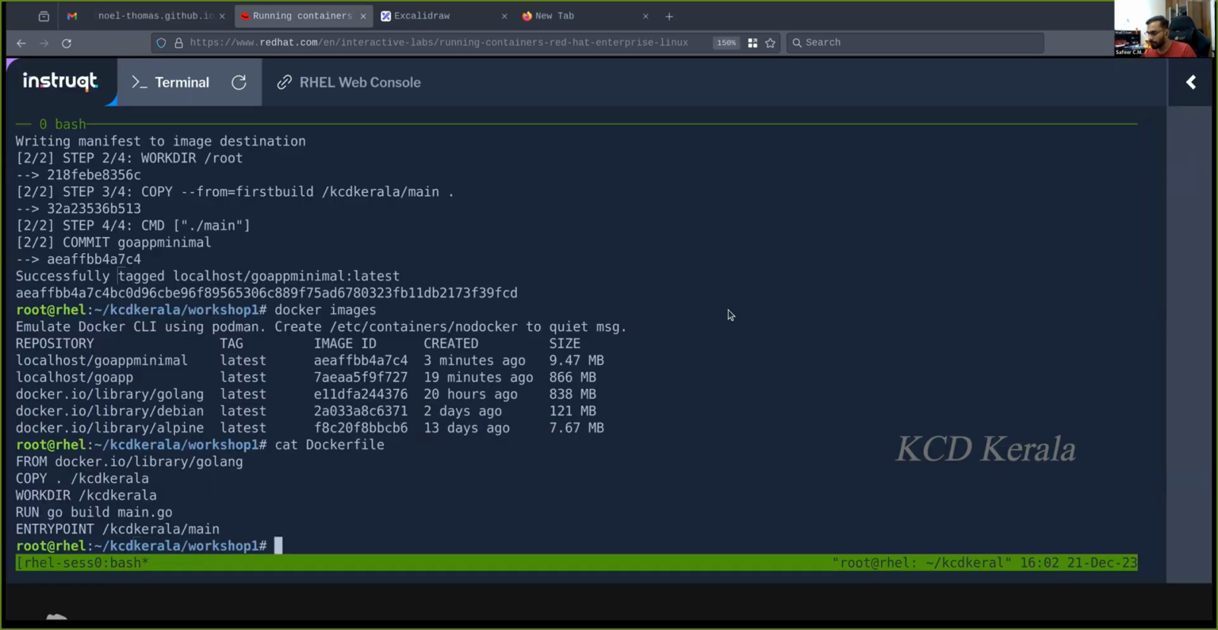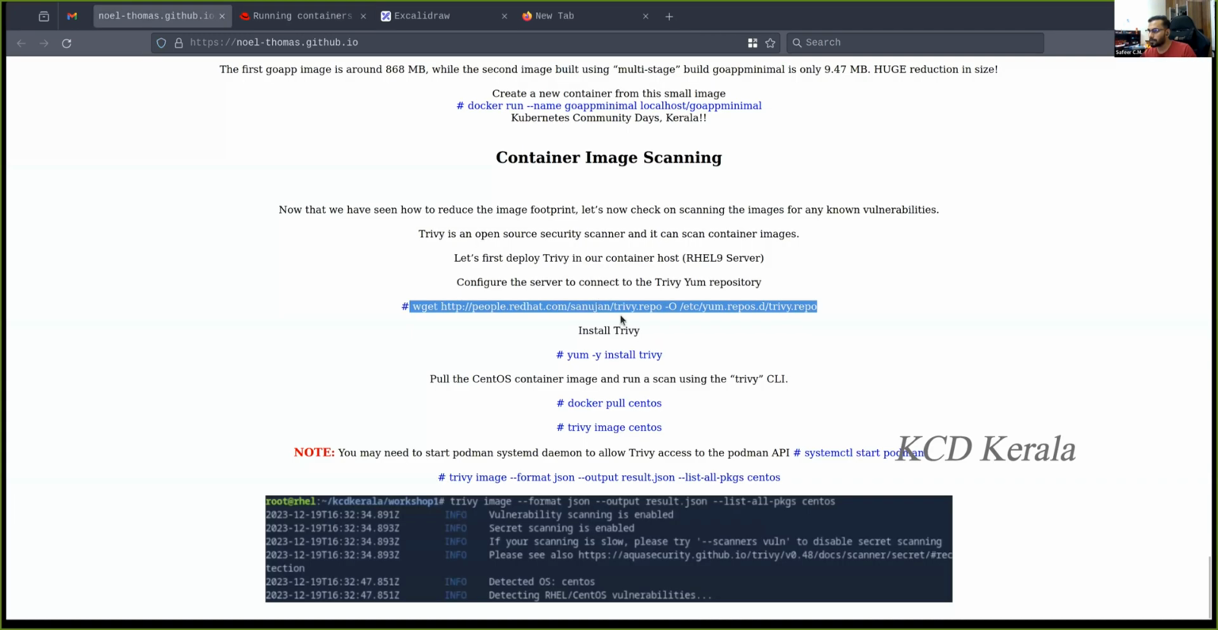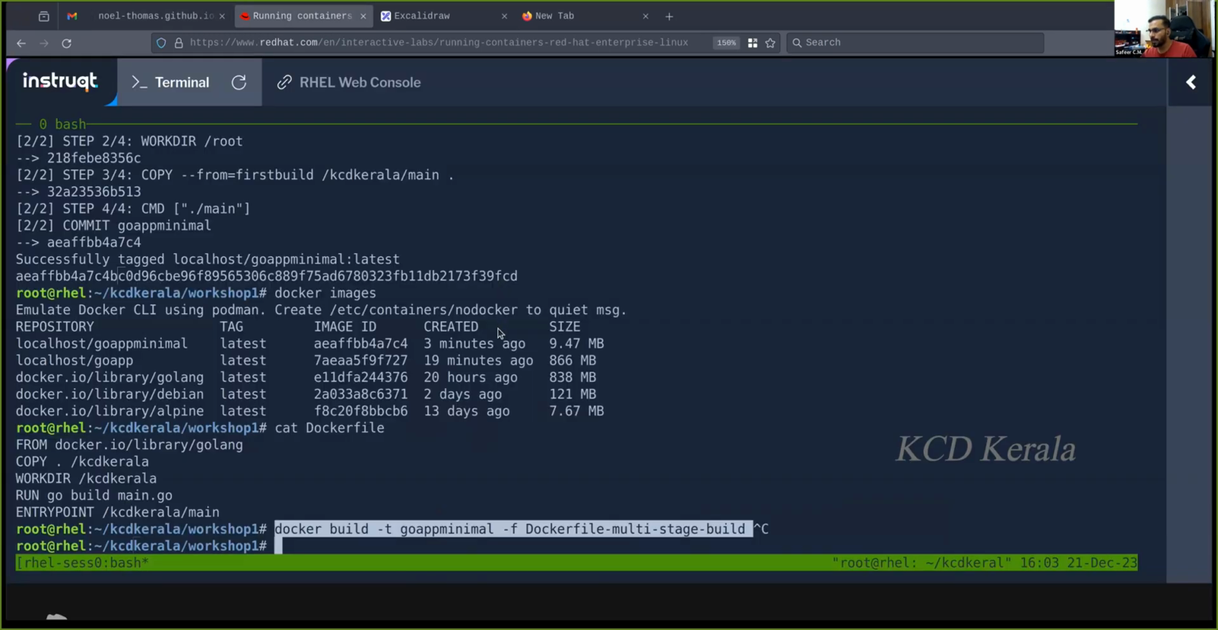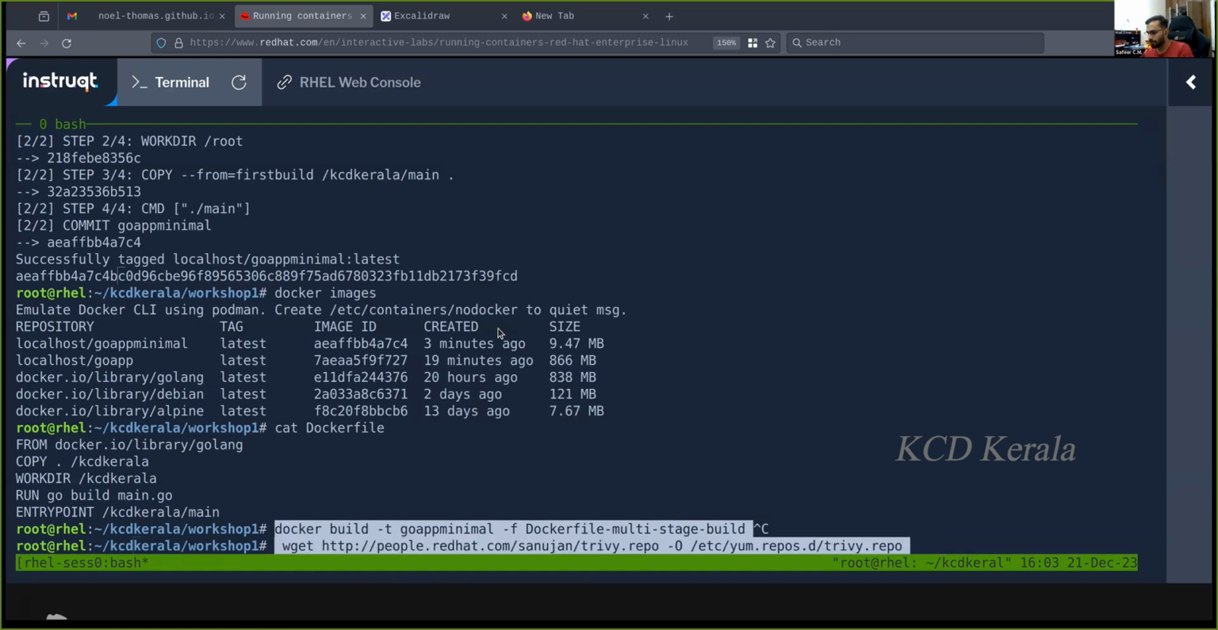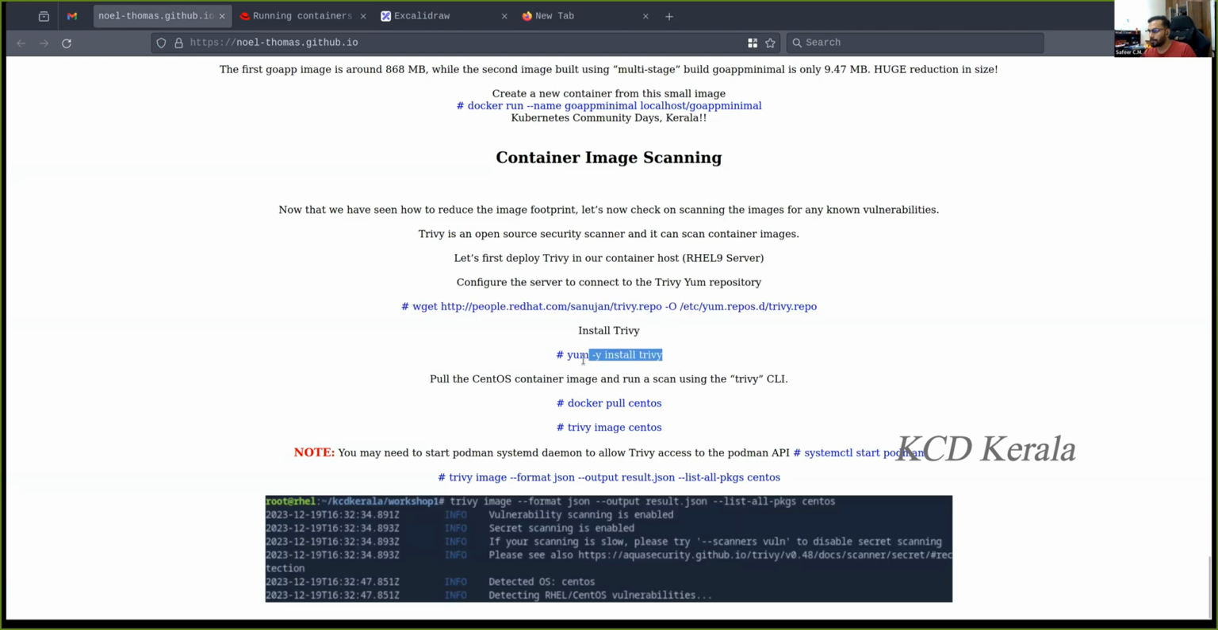Okay. So essentially, I'm just setting up a new repo. This is an RPM thing, basically. I'm just setting up a repo. Install